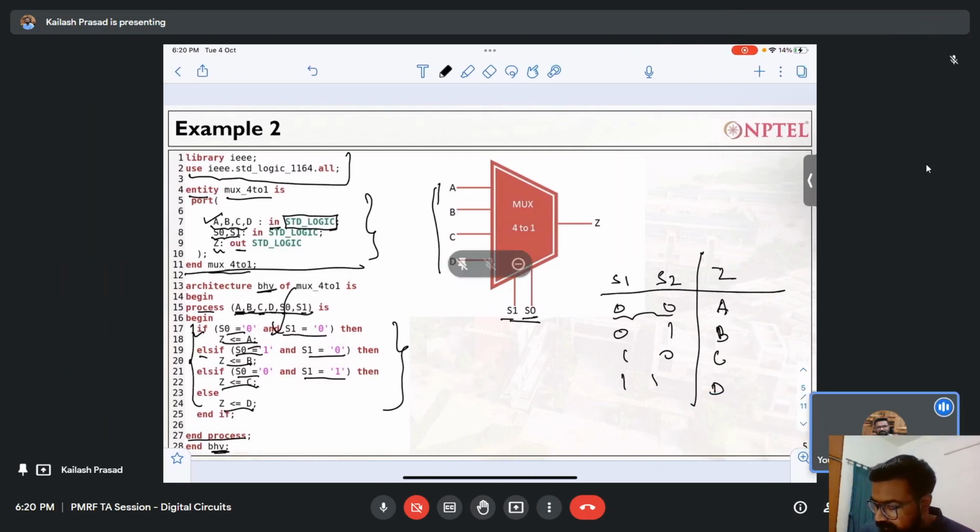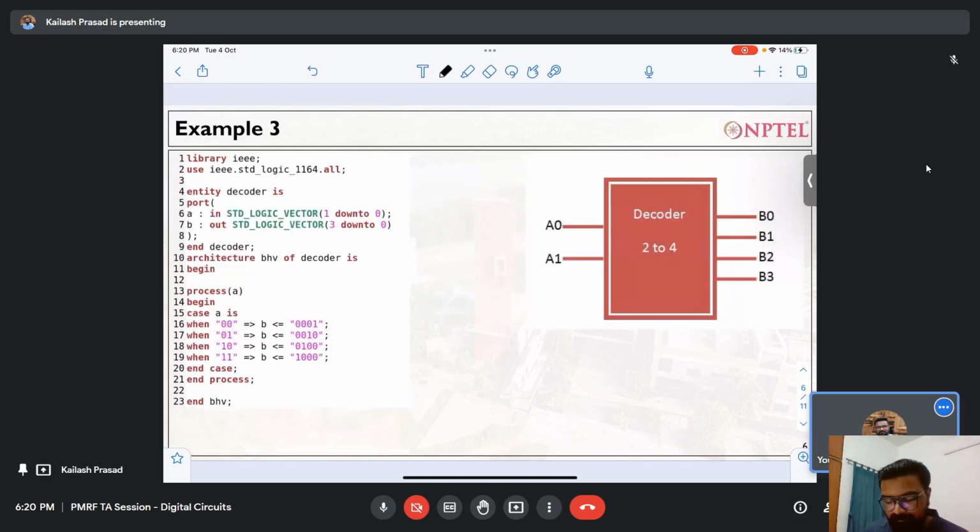Okay, then moving to the next example, a decoder. So see, what I am trying to do is give you various kinds of constructs which are available in VHDL. Here we are trying to design a 2 is to 4 decoder. If you want to design a 2 is to 4 decoder, what you have to do